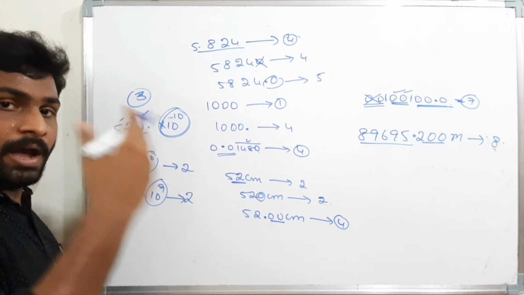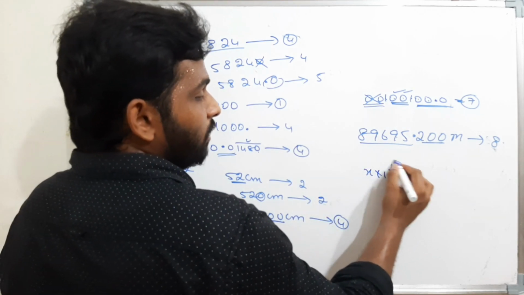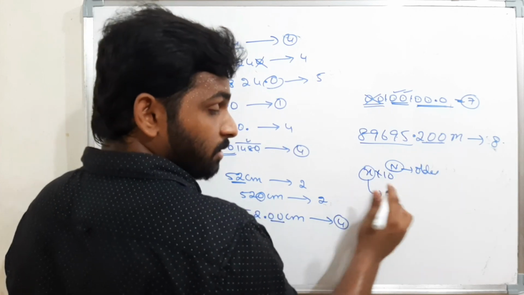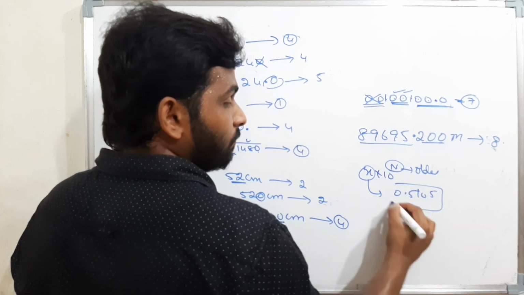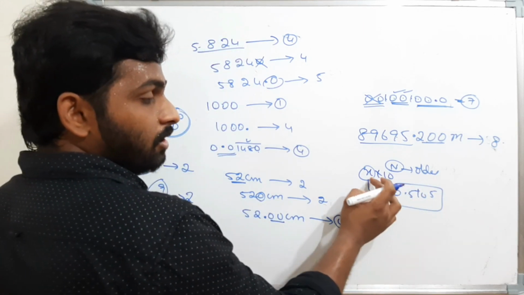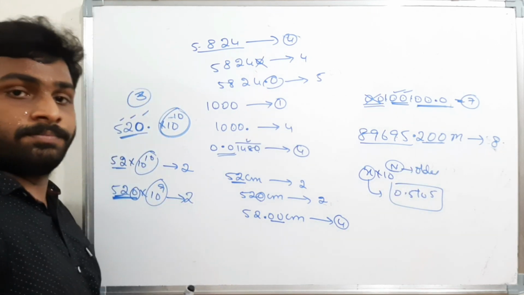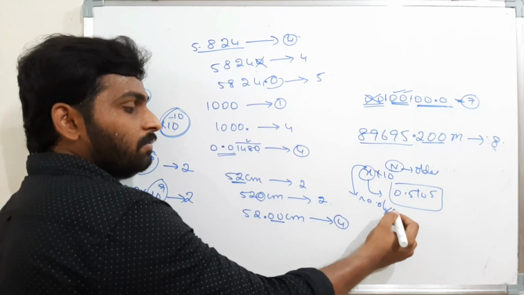And if I want to find accurately, I have to convert into the form x into 10 power n, where n gives me the order, and x has to lie between 0.5 to 5. If I convert the value of x between 0.5 to 5, then n will give me the order of the number. And in this x, I can find the number of significant figures.